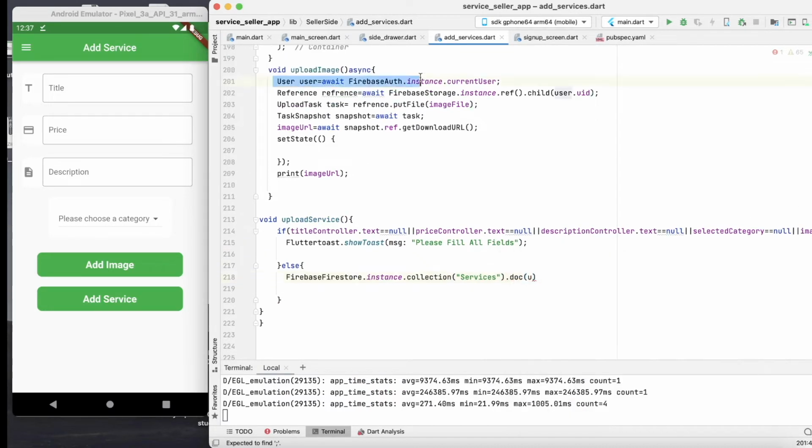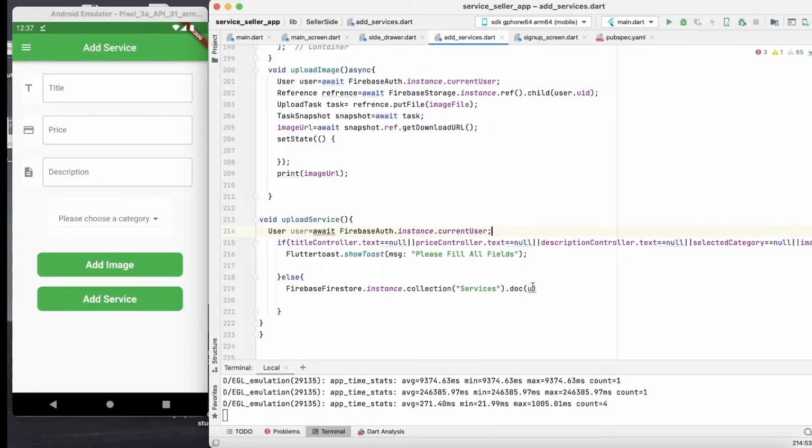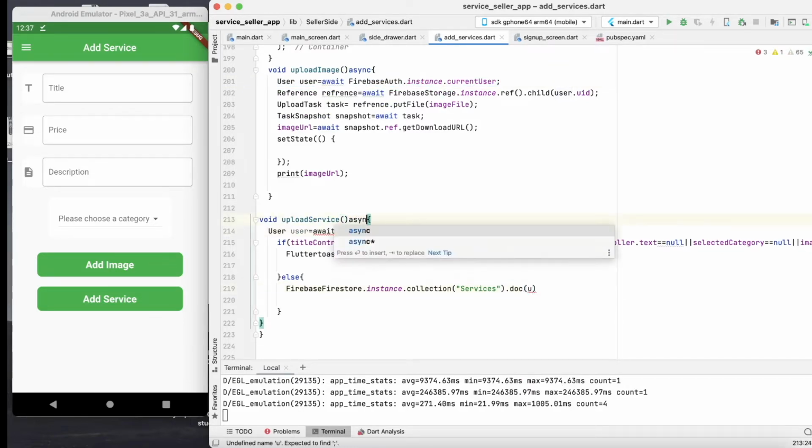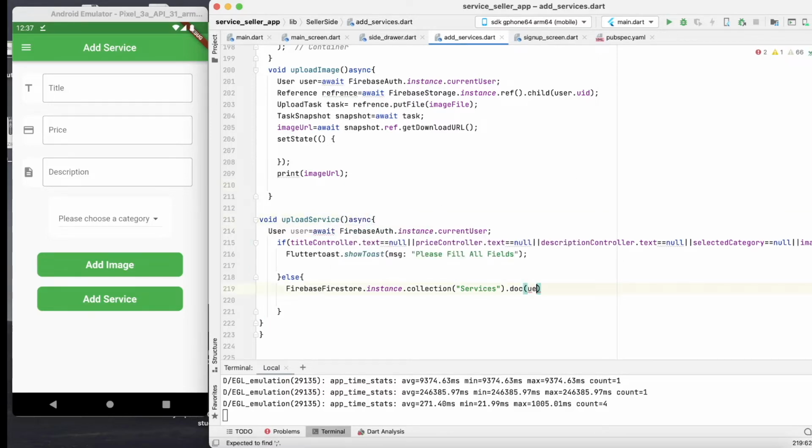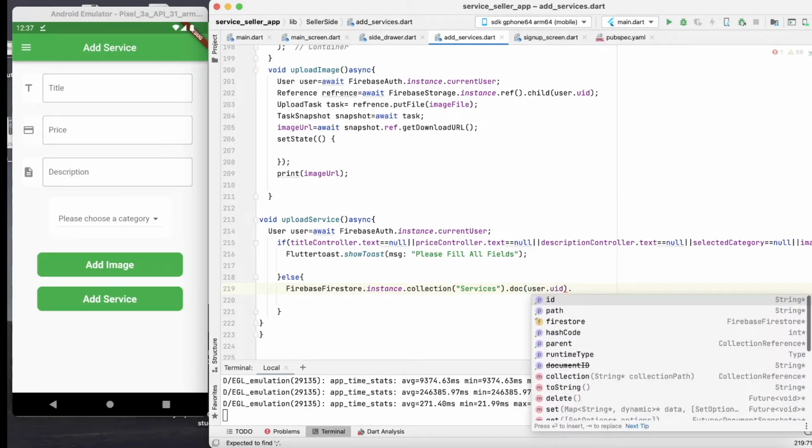Let me go here and copy this line and paste it here, user.uid, .set,